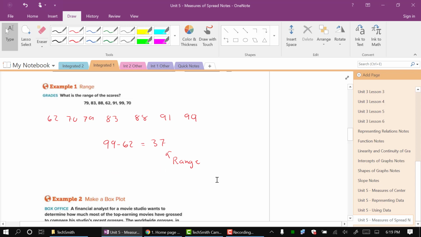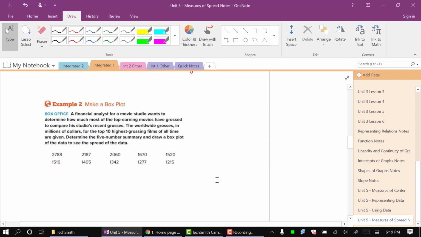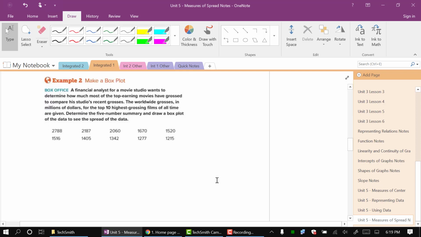Let's take a look at example 2. With example 2, now we're going to make a box plot, also known as a box and whiskers plot. So let's start off with putting our numbers in order from smallest to largest. Our smallest number is 1215. Then we have 1277. Then we have 1342, 1405, 1516, 1520,